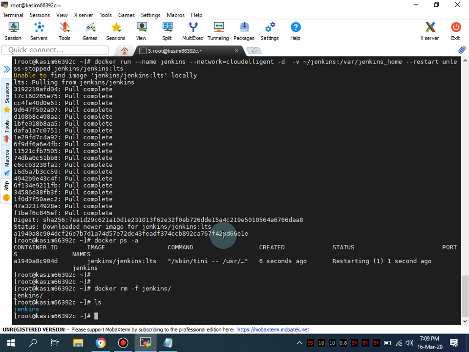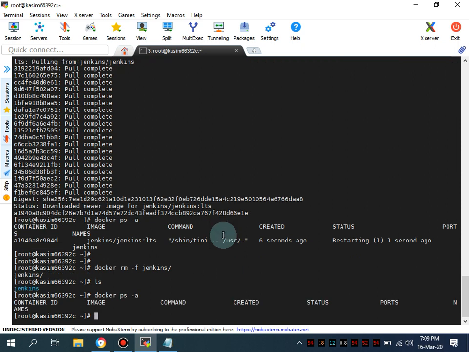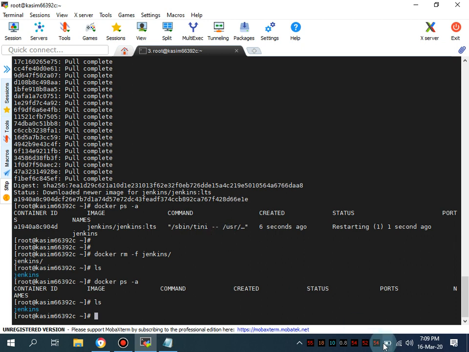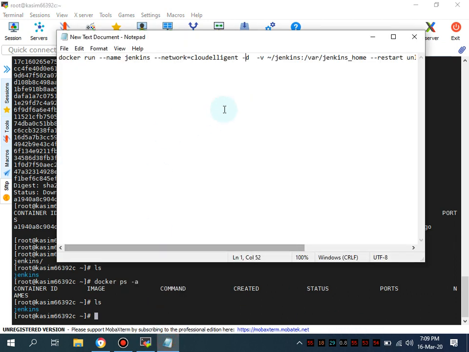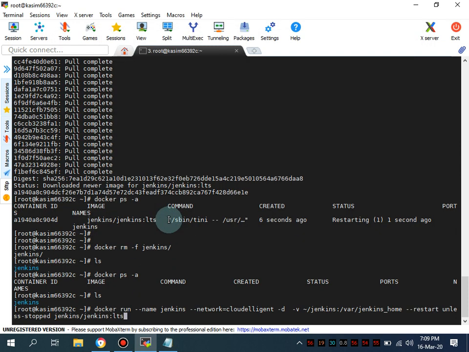A directory was created, it doesn't really matter. I'm still going to use the command with the interactive flag